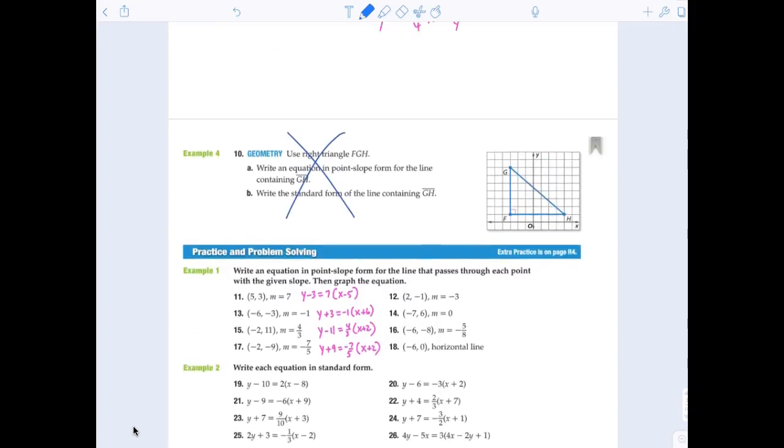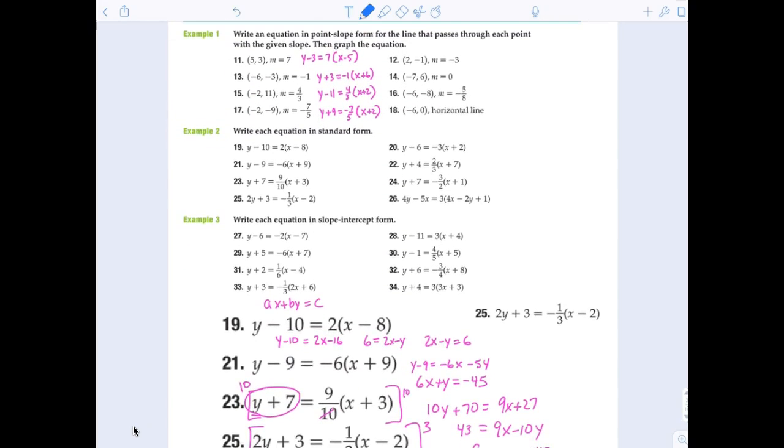All right. So now your job is just to do the evens, 12 through 34, evens. And again, you don't have to graph unless you feel like you need it. Anybody have any questions? All right. Very, very good job for today. Let me go ahead and